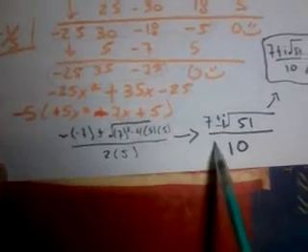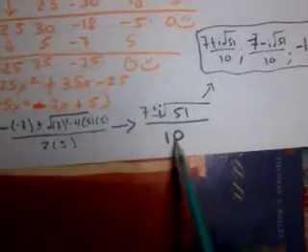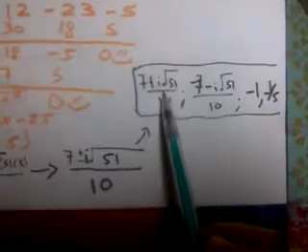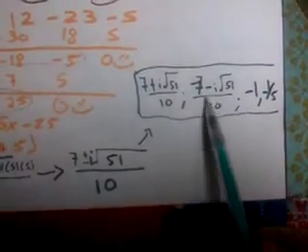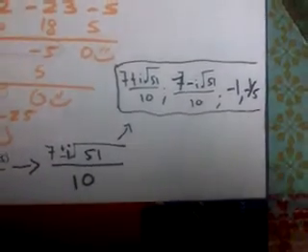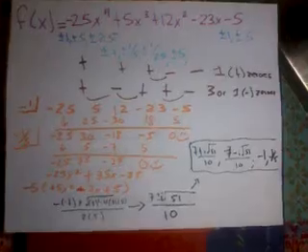And then after we solve, we get 7 plus or minus i radical 51 over 10. And then we just write out our zeros. So it's 7 plus i radical 51 over 10, 7 minus i radical 51 over 10, and -1 and -5. So it's basically the same thing as concept 6. You're just putting that all together from the skills from 3 to 9. And that's how you solve concept 10.